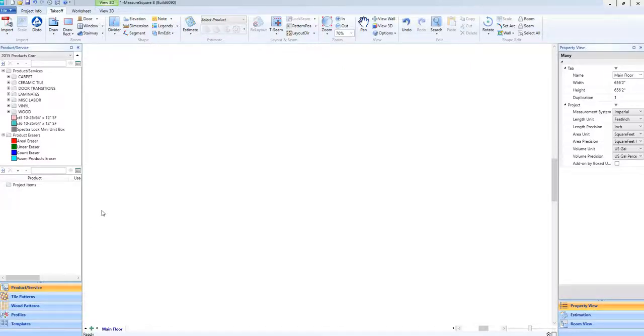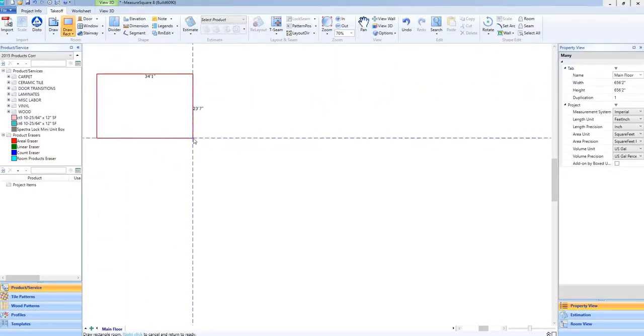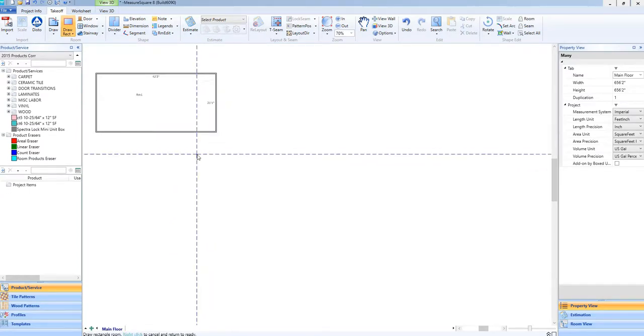In today's video, we will cover how to design a stage in MeasureSquare 8. To begin, let's draw a rectangular room. Next, let's go to the elevation tool and draw a rectangular elevation from where our first step starts to the